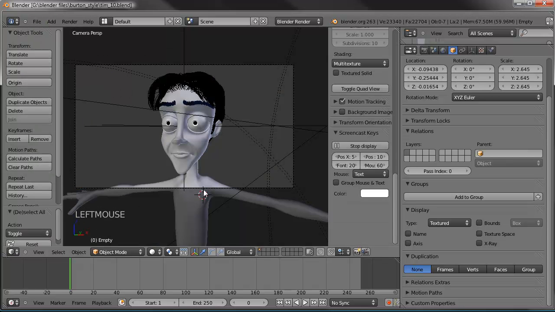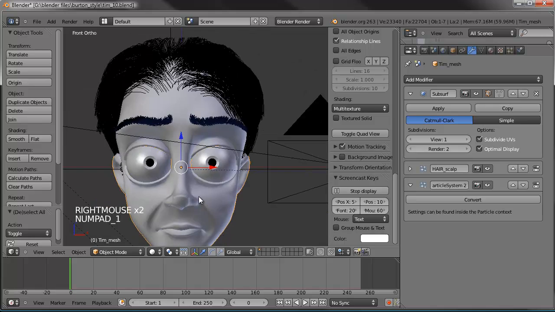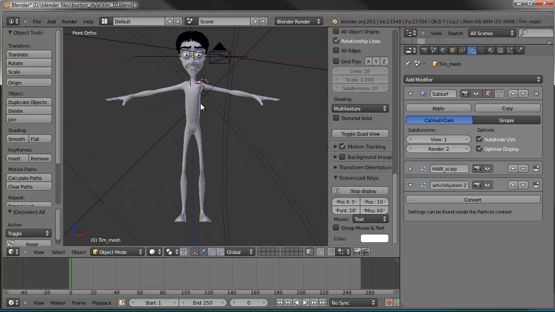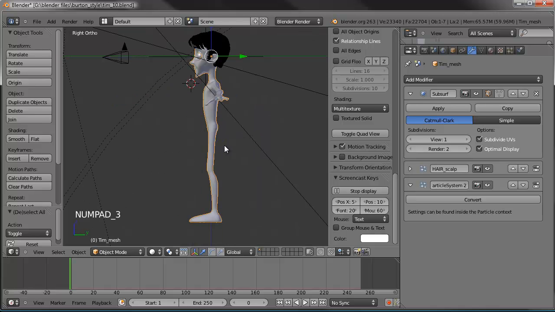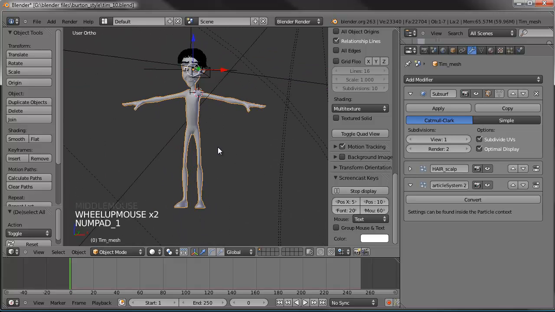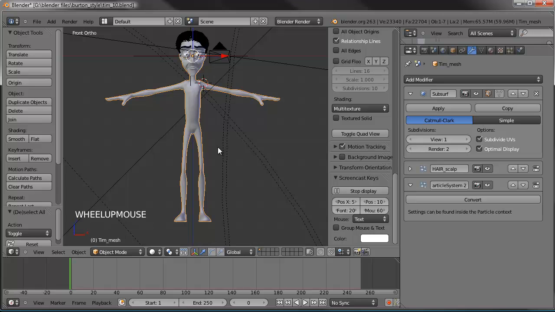And now, I guess what we need to do is start working on some clothes for him. So let's do this. Let's go ahead and create some pants first, just to hide his shame, as it were. So what I'm going to do is Shift D, duplicate my model, and then I'm going to go ahead and